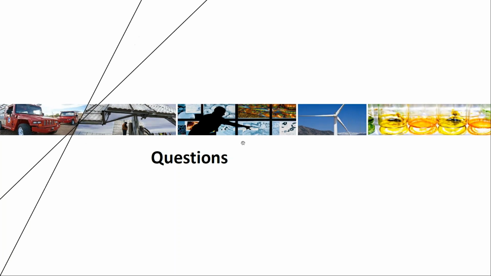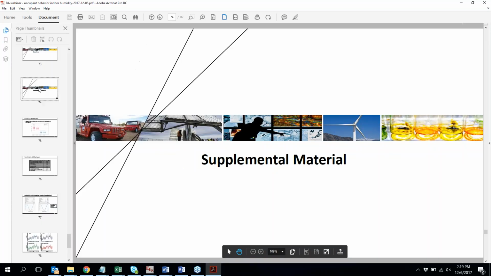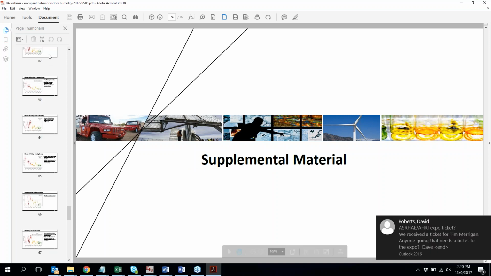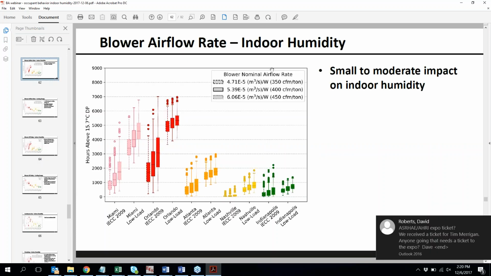Okay, great. Thanks, Jeff. There's another question that's related to that, so feel free to expand if you'd like. They're referring to the graph on slide 62, and they said the slide on 62 is compelling. Is there a scenario where having the blower-off delay engaged is a good thing?